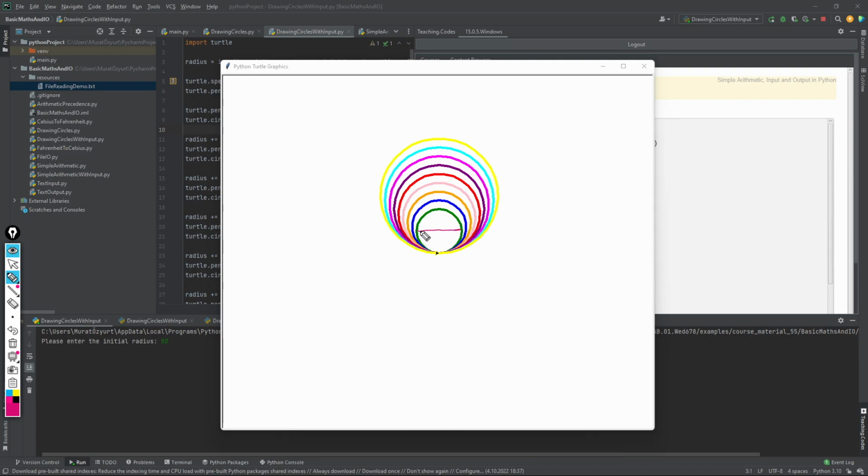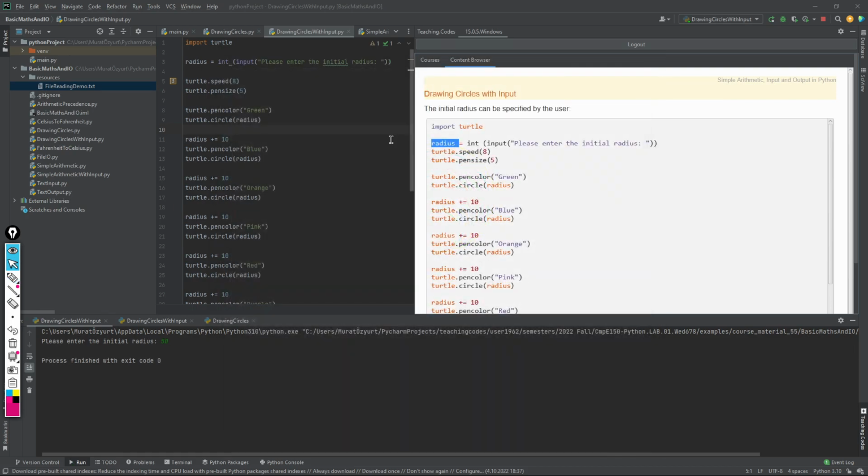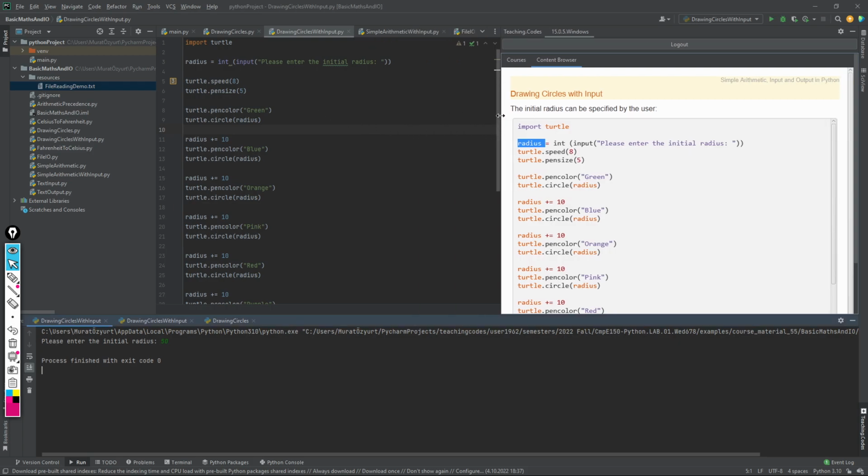So this is the radius for 50 units, and if you run it for 70 or 80. But before doing so, I should tell you one important